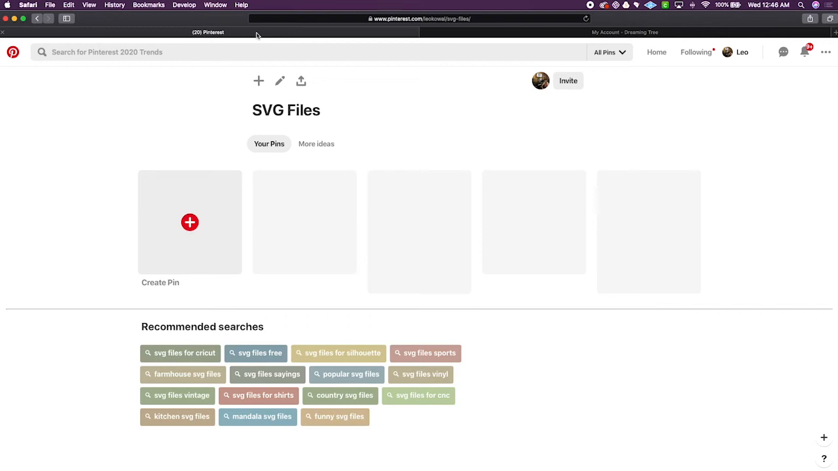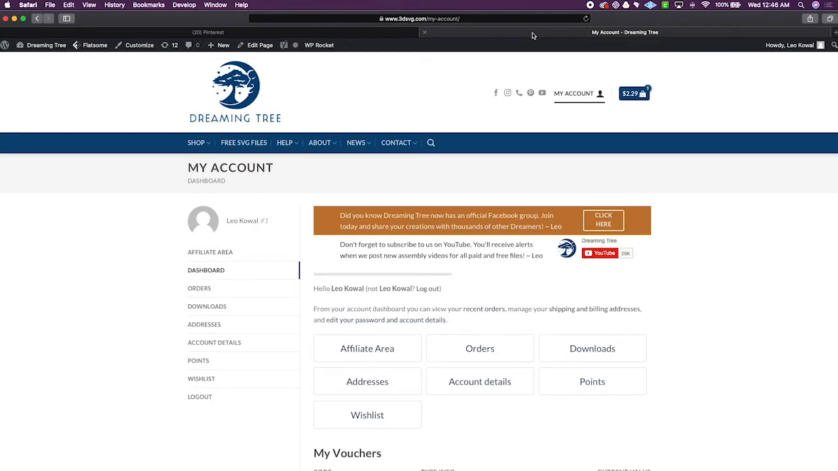So, in addition to Facebook, Pinterest is also a wonderful place to share your affiliate links. Now, before we create our first pin using our affiliate link, we need to decide if we're going to share and promote an individual product or a specific page on the Dreaming Tree website. So, in the first example, we're going to share an entire page, and that page being the free SVG files